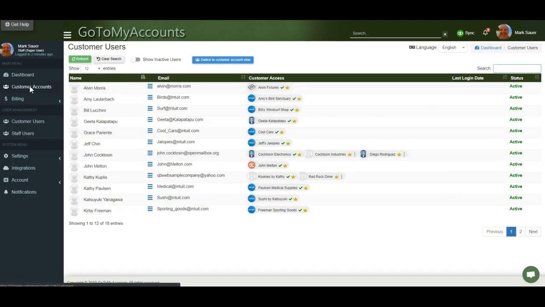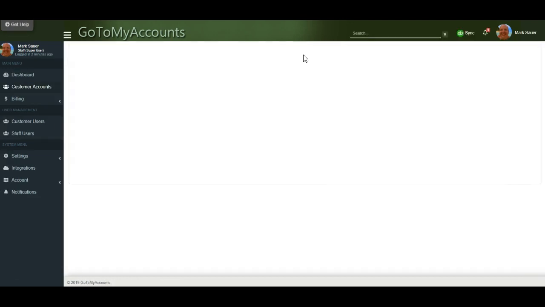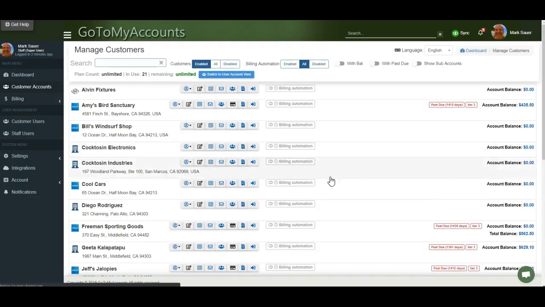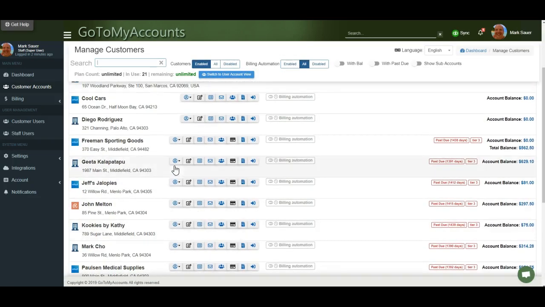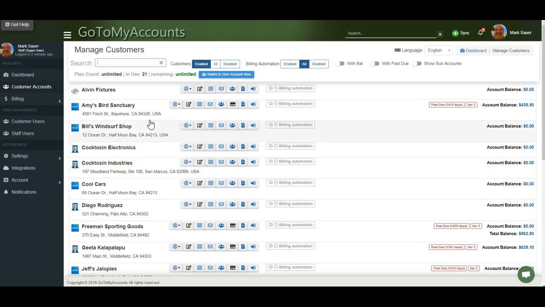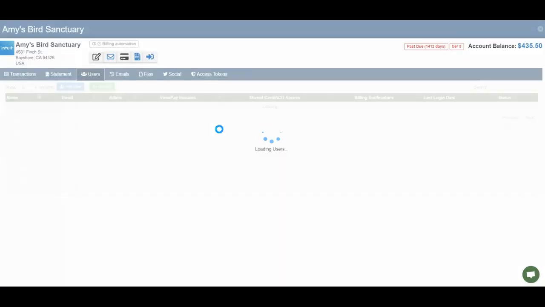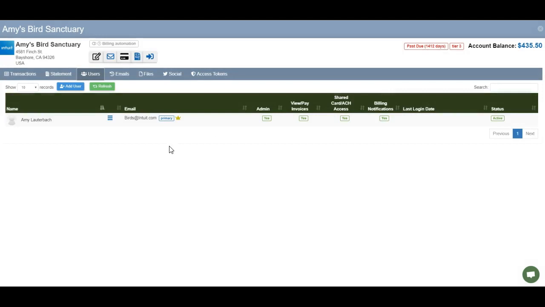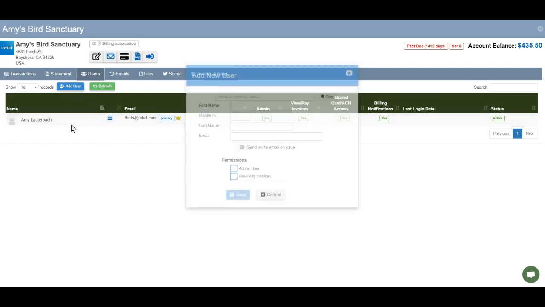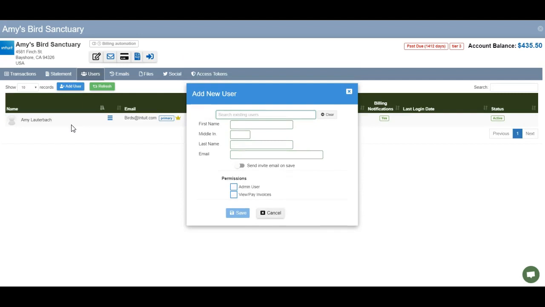Let me give you a quick example. If we're looking at this test data here, let's jump into users. On this one, there's a single user, the one that Intuit gives us to play with. But if I wanted to add that other user I was just showing you, I can just add a new user. If I duplicate the email address, it's just going to warn me. So if I put, I think it's this one,